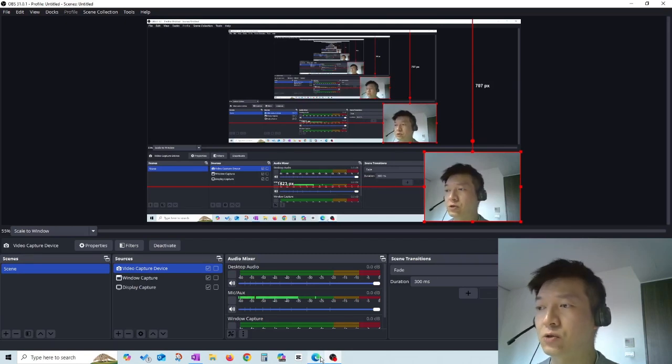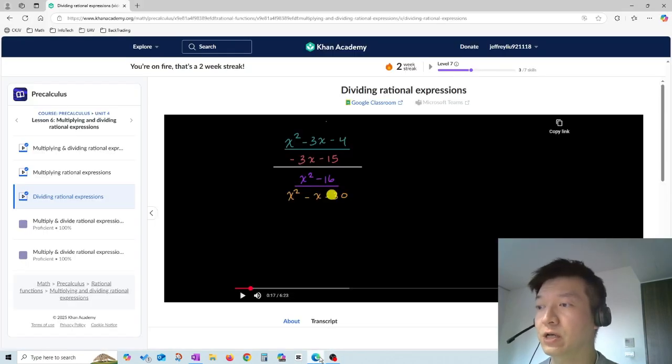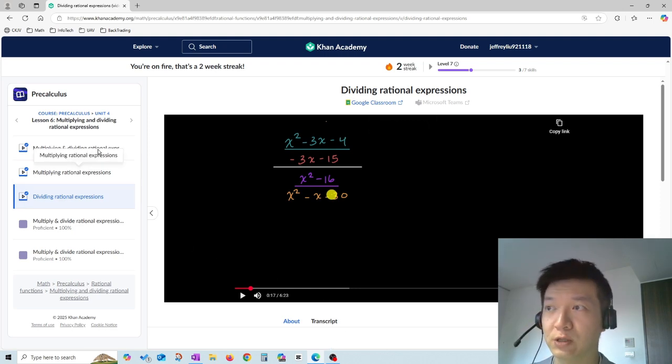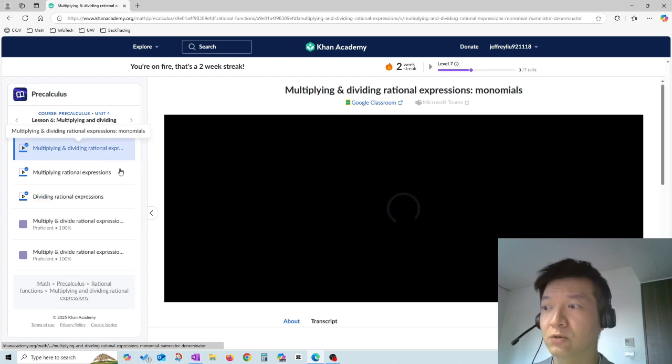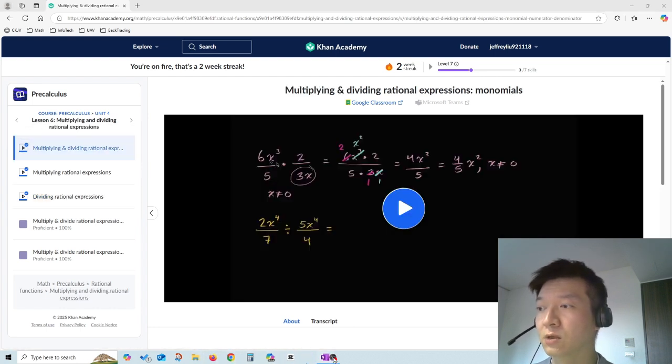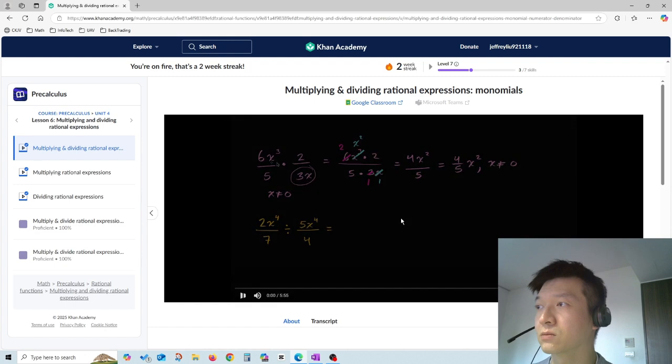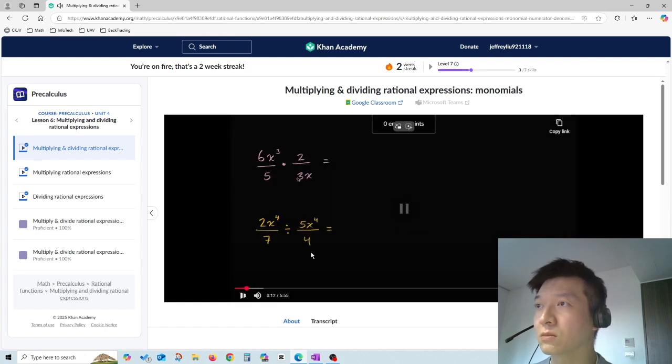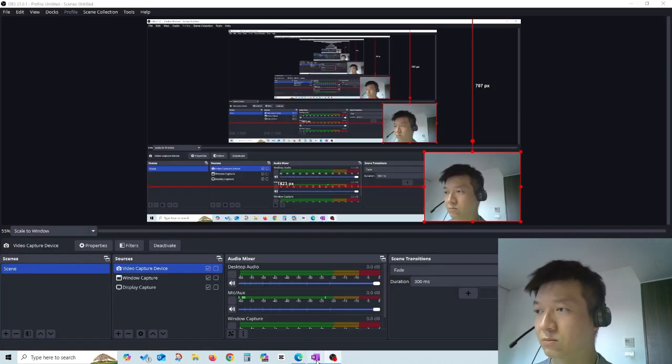Okay guys, so we're doing rational functions again. So this time we're dividing rational expressions. So first we'll do this one right here. Okay, so there are two over here